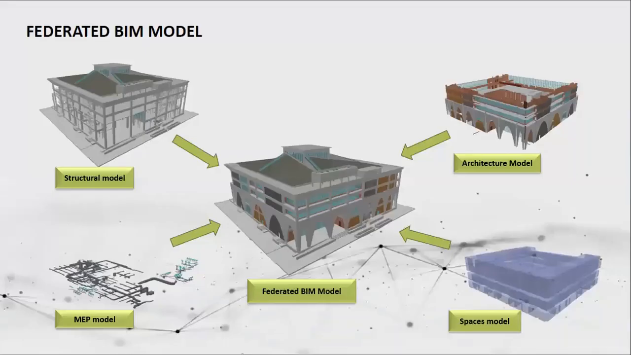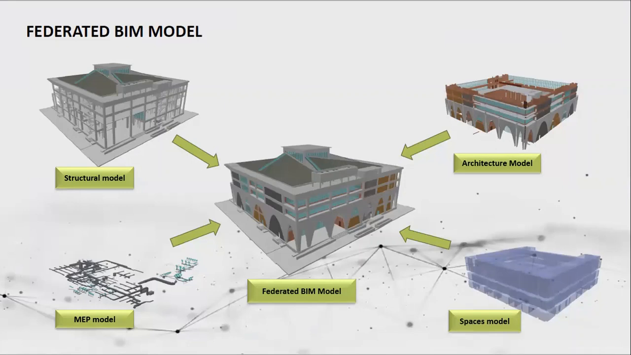And federated BIM model. A federated BIM model is nothing but where different people create the model according to their scope. In a project where we have multiple stakeholders, different packages will be there. So there will be different package contractors, maybe one civil vendor, one electrical, then mechanical, then HVAC,